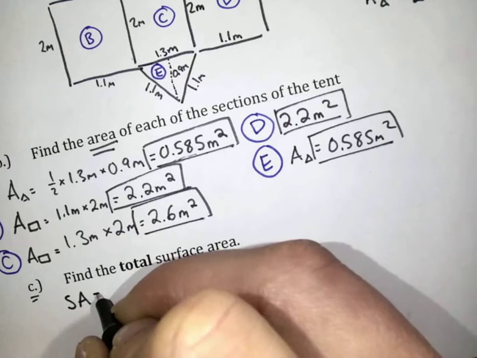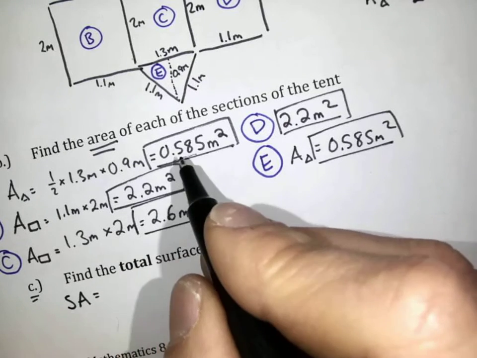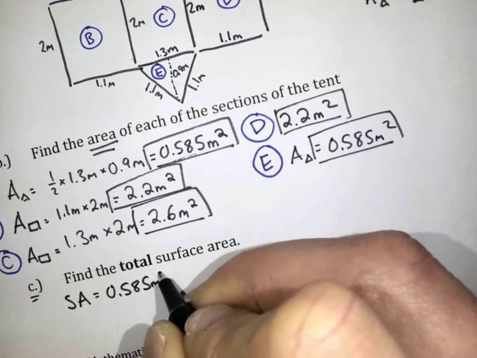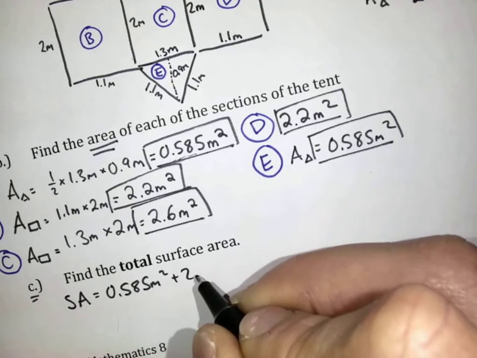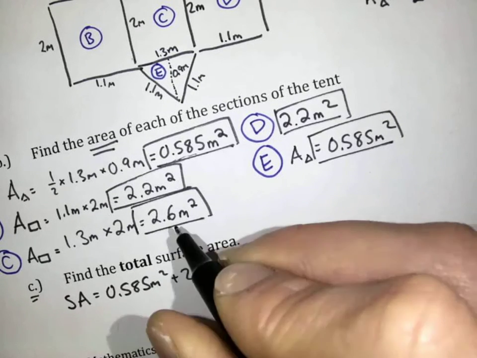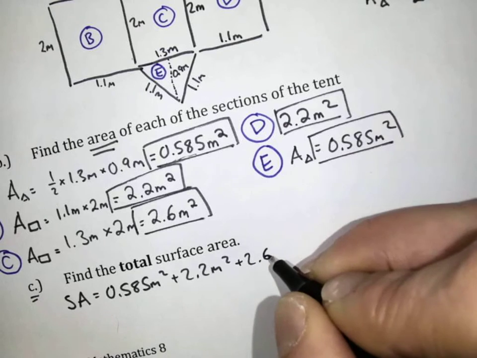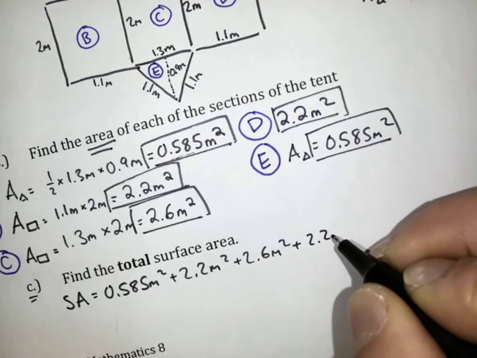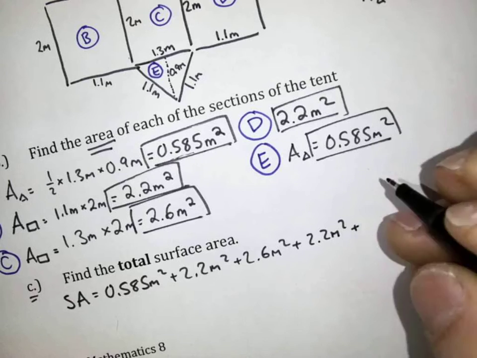Oops, it's going to be equal to 0.585 meters squared plus 2.2 meters squared plus 2.6 meters squared plus 2.2 meters squared and plus